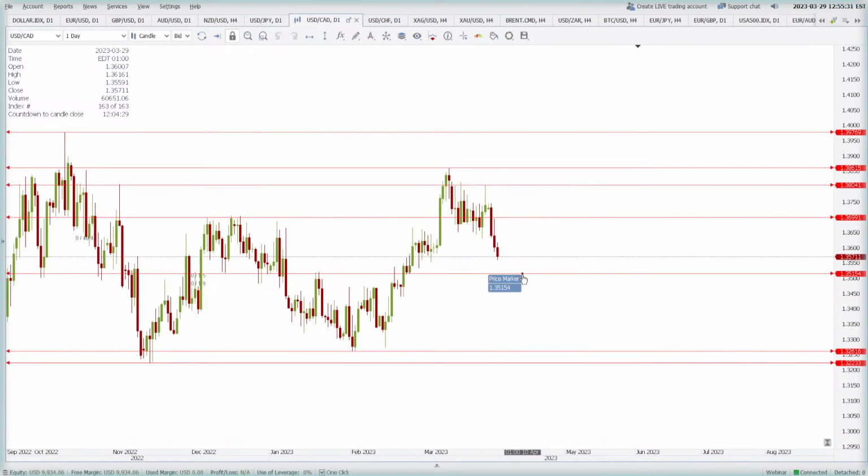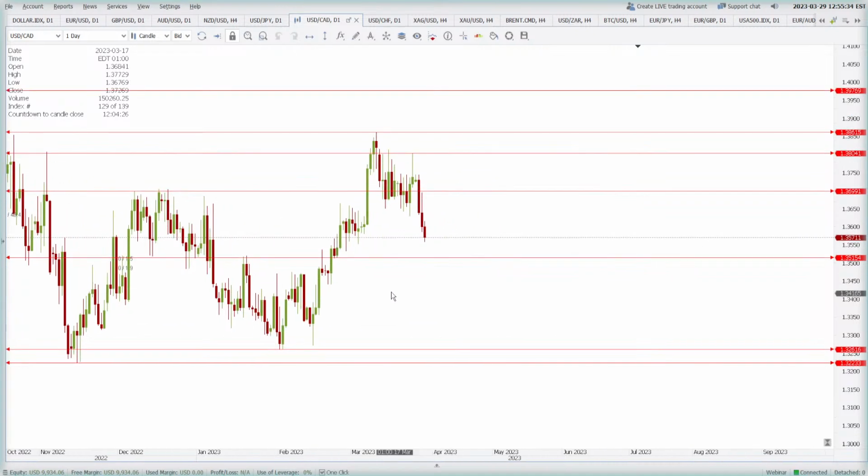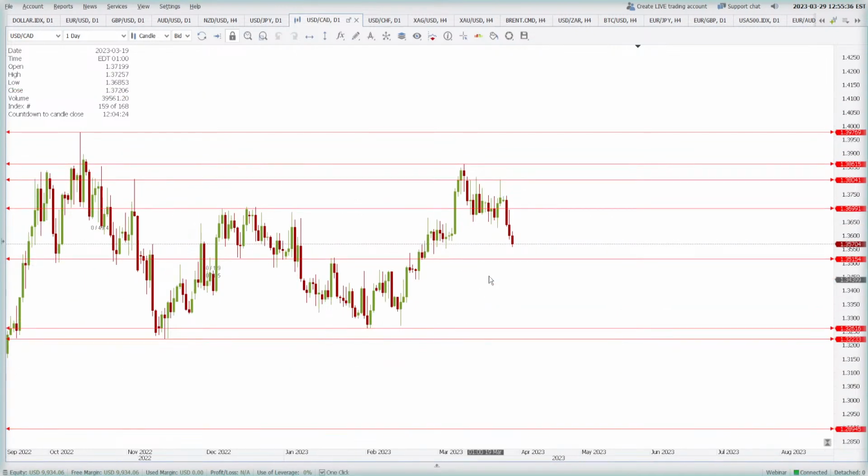to be reached soon. That's it in the USD CAD, nothing fresh. If you see anything special, let me know. Okay,